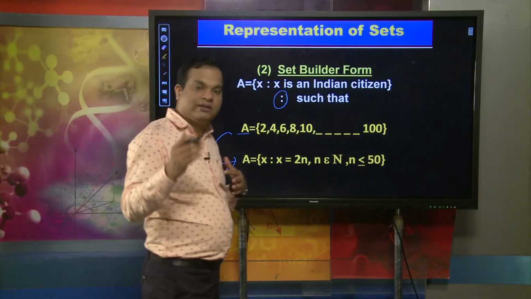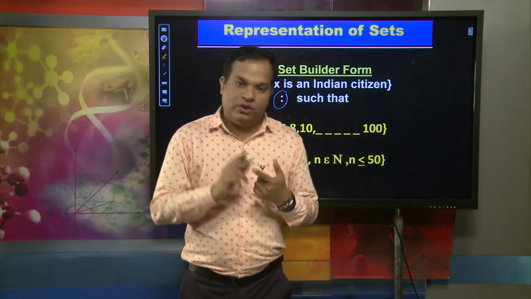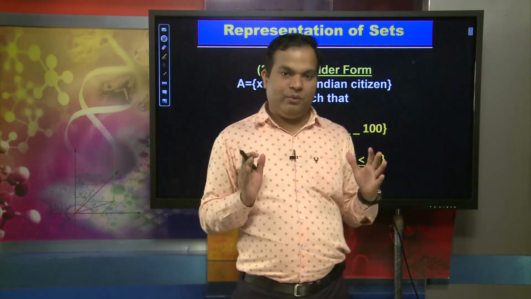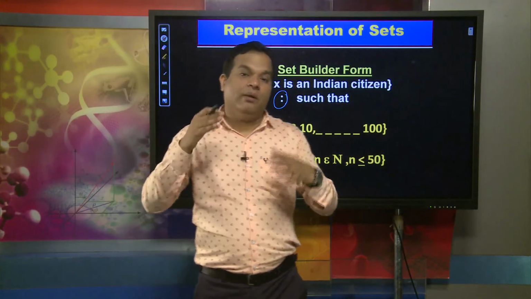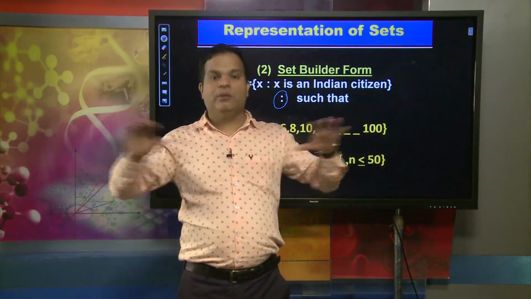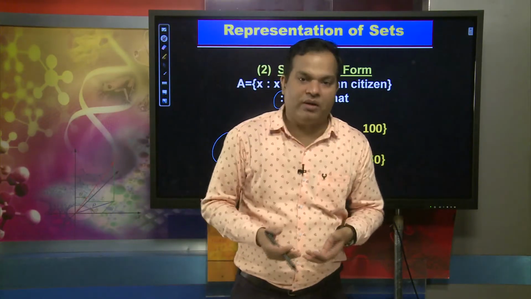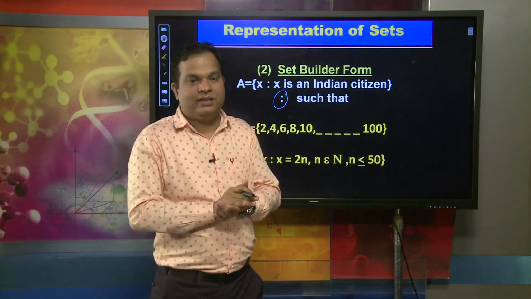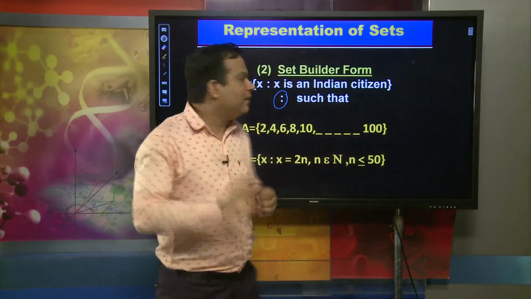So dear friends, we can write a set in two different forms: roster form and set builder form. When the elements are limited, we prefer to write in roster form. When the number of elements is unlimited, in the sense that a huge number of elements are there, then we prefer to write in set builder form. Those are the two important things: one is what exactly a set is, another is how we represent the set. That is very important.